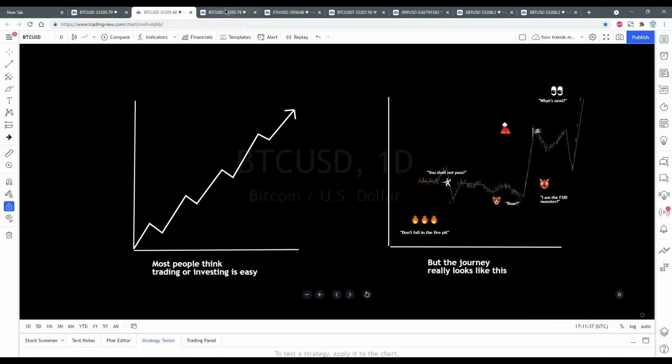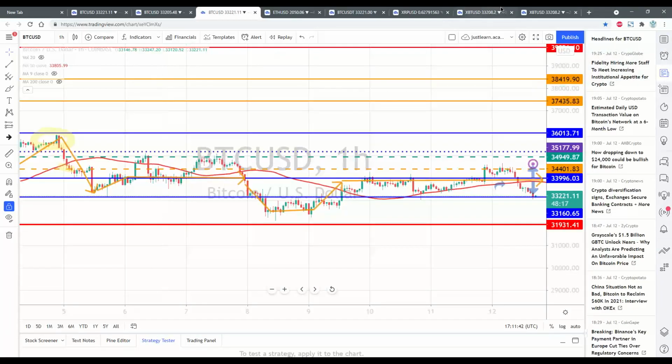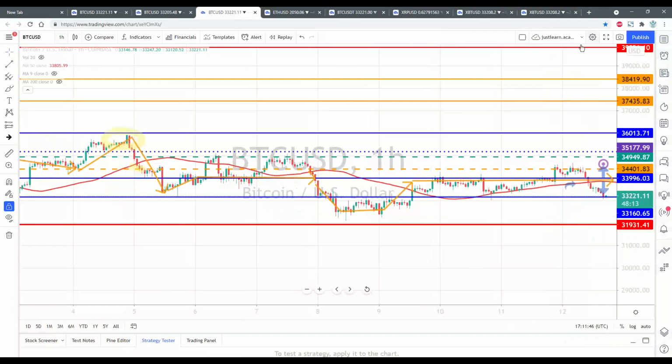So it's important to be able to look at price on a chart and try to understand what it's trying to tell you and how to interpret it. Now here we have a current chart for Bitcoin, and we can see it's moving in this mess. You see my lines of support and resistance. You see these are my charting patterns. You see where my price estimates are here. You see my moving average.